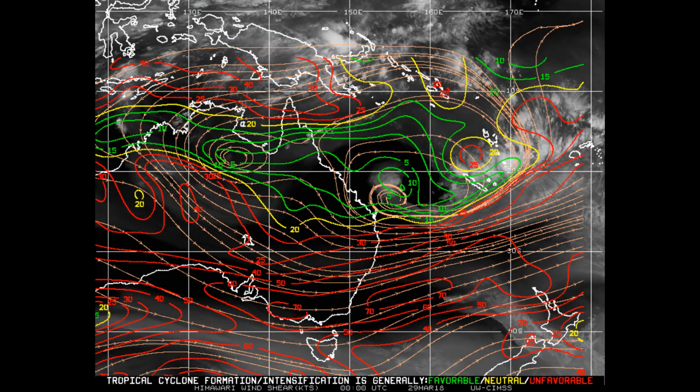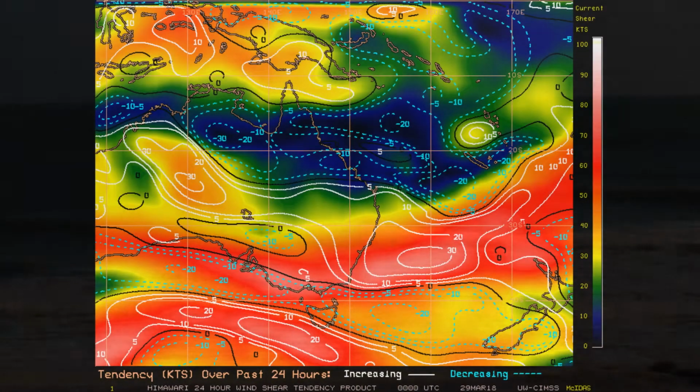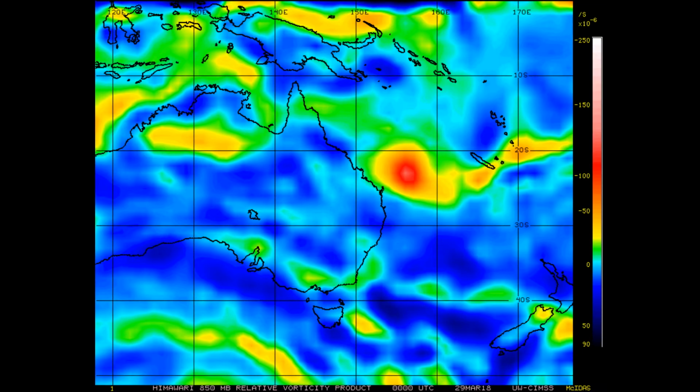Here's the upper level divergence and the wind shear, and actually the environment has improved considerably over the last couple of days. With the system expected to track to the northwest, it's going to tap into the 30 degrees Celsius tropical waters of the area. Blue and green represent low wind shear, and this is 850 millibar vorticity. NOAA has the ex-tropical cyclone completely off the radar, and now the focus is on